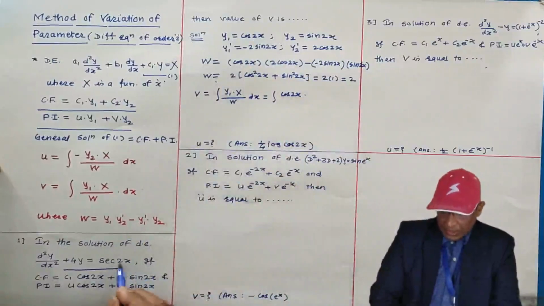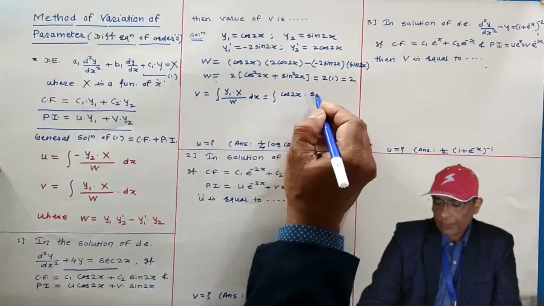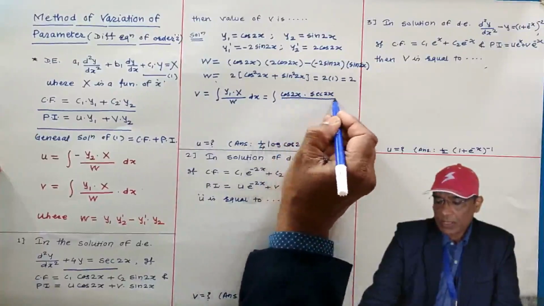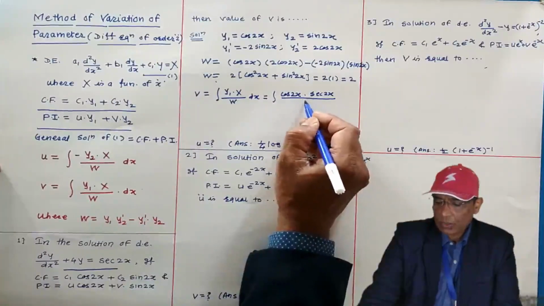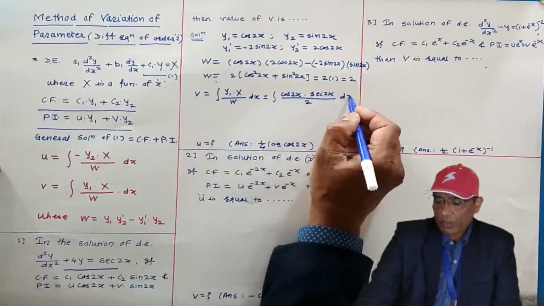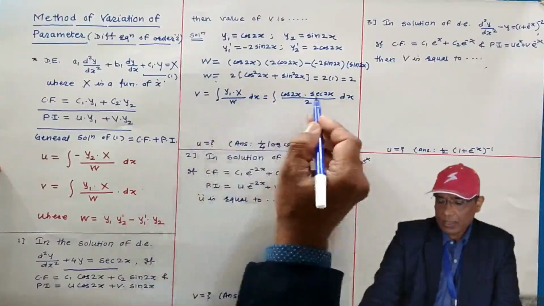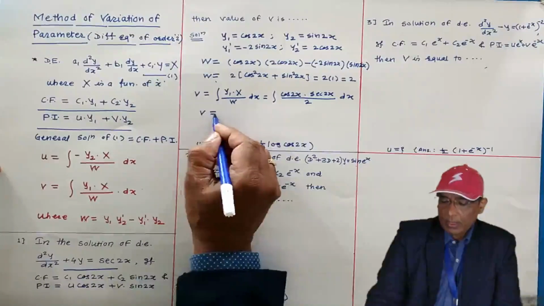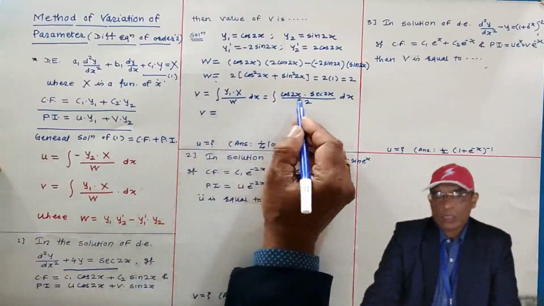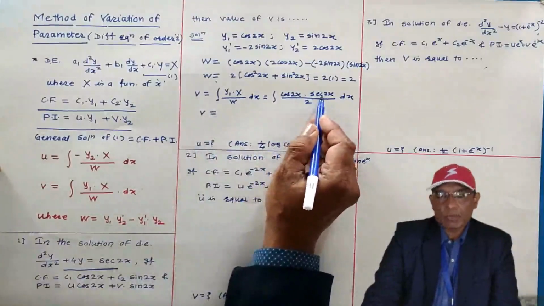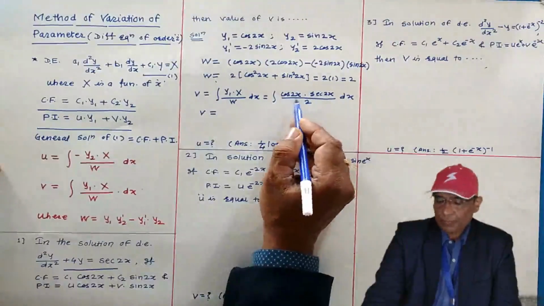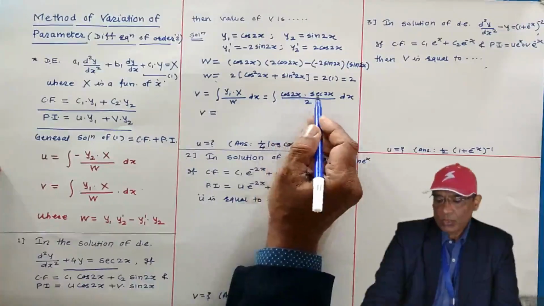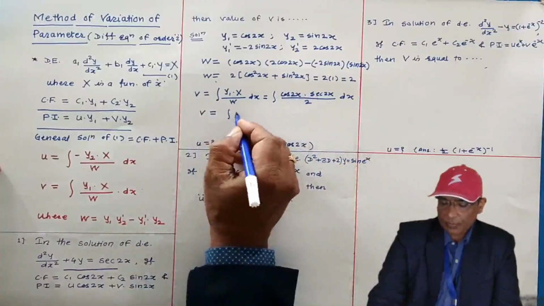Capital X is sec 2x, the right hand side of the standard linear differential equation. This is divided by w. W is what? 2. So putting the value of y1, x and w, in the next step, cos and sec will be 1, because sec is what? 1 by cos. Sec is 1 by cos, therefore cos 2x into sec 2x is 1,